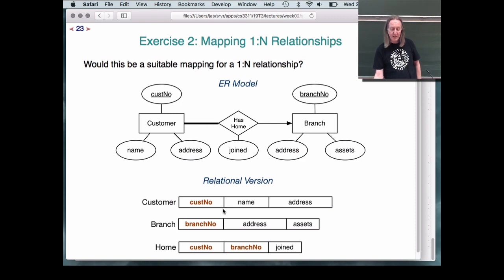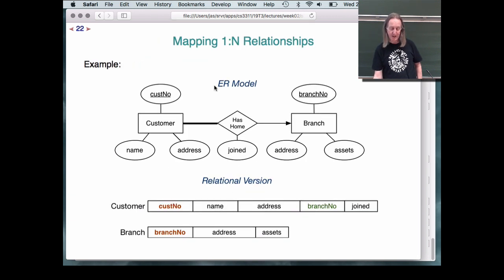So if I use this representation, I could say John has a home branch in Coogee, but then I could also say John has a home branch in Marrickville, or something like that. Okay. So it, if you like, implements something more general than what the diagram shows. So you need to go back. So this example here accurately represents what's in the ER diagram,